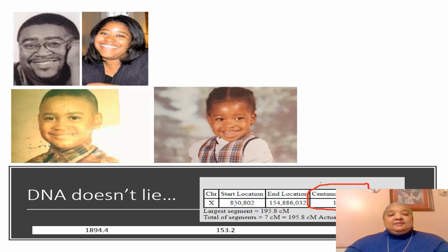So I need to speed it up, but I will say that after a few months of researching, I found several hits on the mother still in New York. I found Facebook pages, left her messages. Of course, we weren't friends, so they went to her other box. Left a couple of phone messages on numbers that I found. Didn't hear back from her until one day in September, on September 8th, as a matter of fact, of 2017,